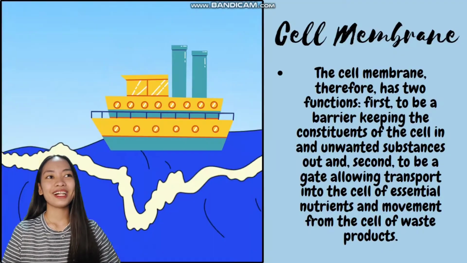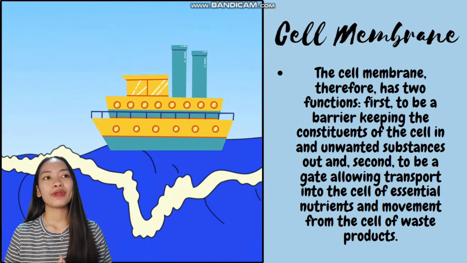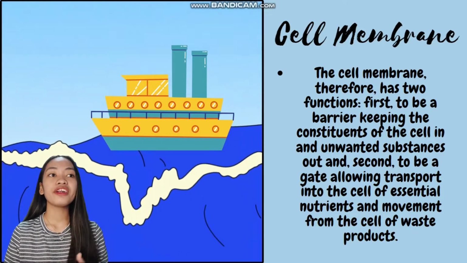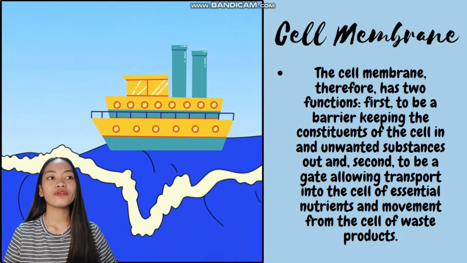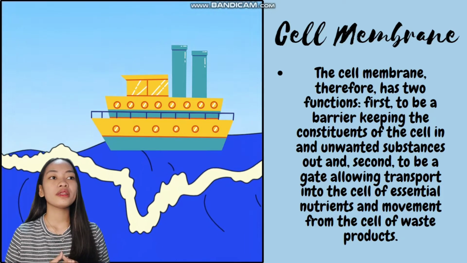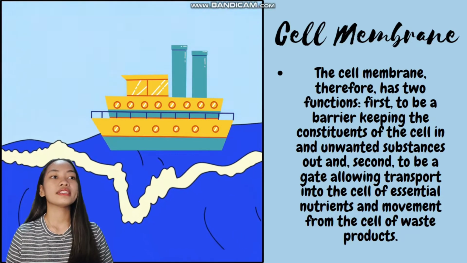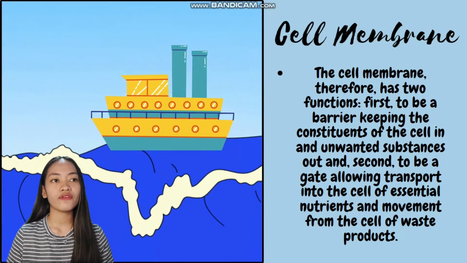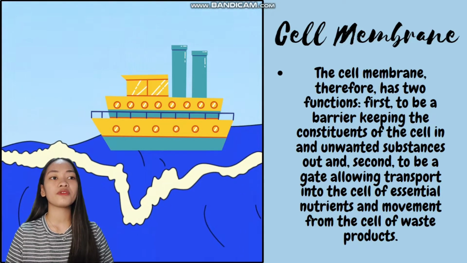So next is the cell membrane. The cell membrane has two functions. First, to be a barrier keeping the constituents of the cell in and unwanted substances out. And second, to be a gate allowing transport into the cell of essential nutrients and movement from the cell of